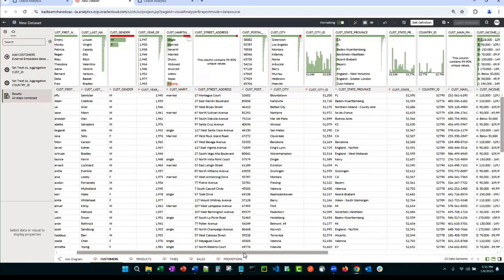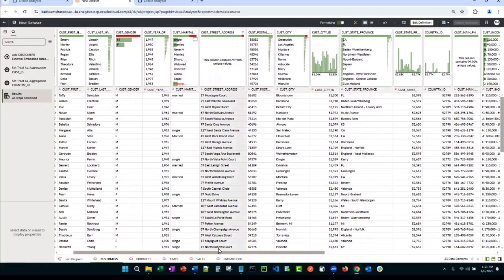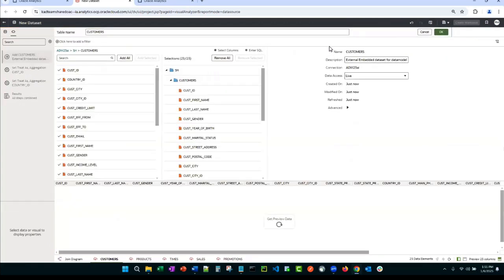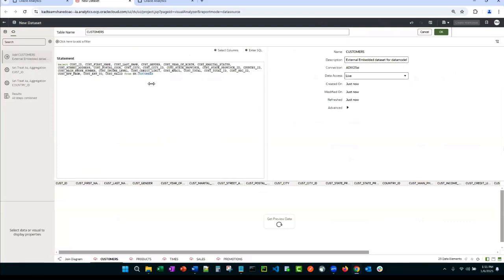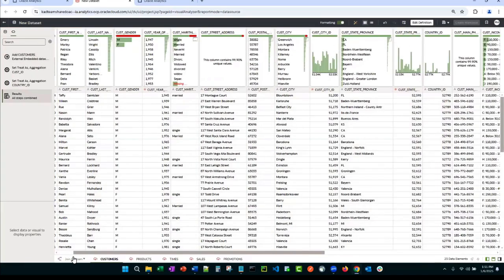Now, a few of the things to be aware of here. This will connect to any view or table, but I also want to let those people out there that use SQL know that you can come directly to this platform and enter your SQL. So if you have SQL from another service and you want to bring it over here, you can copy and paste it and run SQL directly. I always like to point that out in this platform.